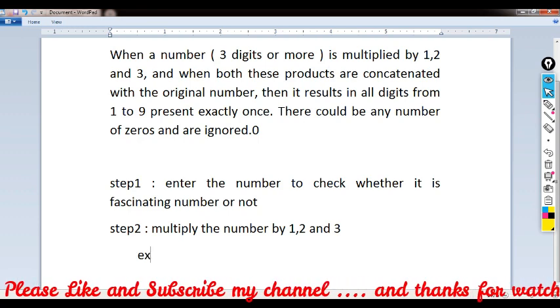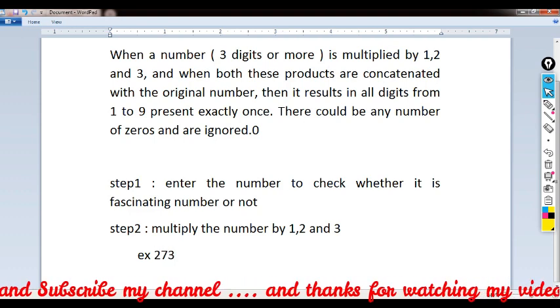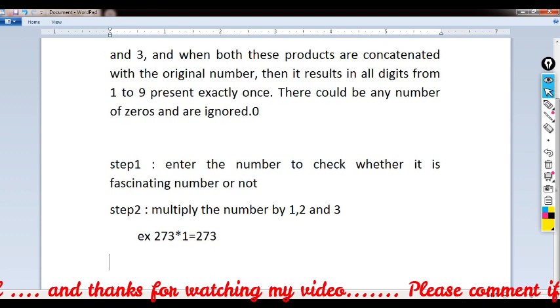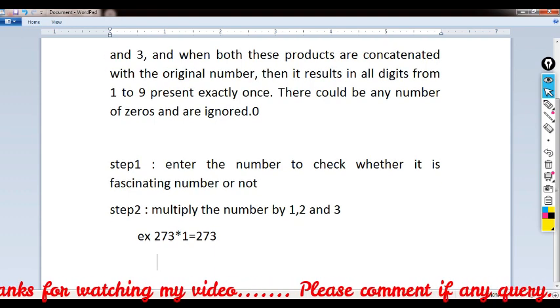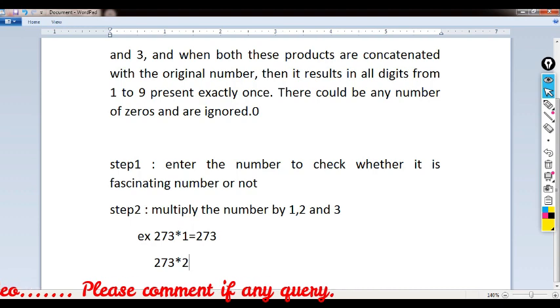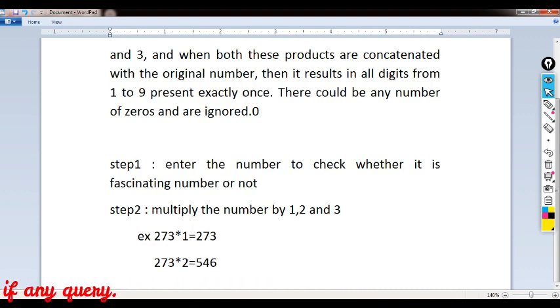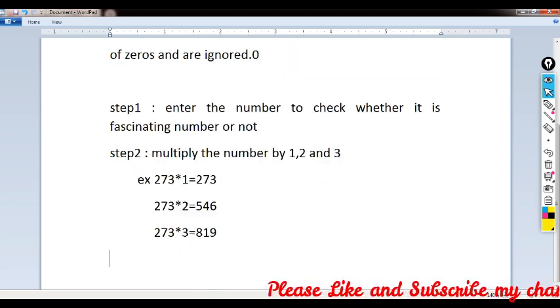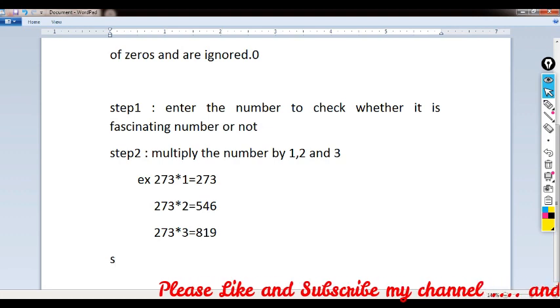For example, 273 into 1 equals 273. 273 into 2 equals 546. 273 into 3 equals 819.